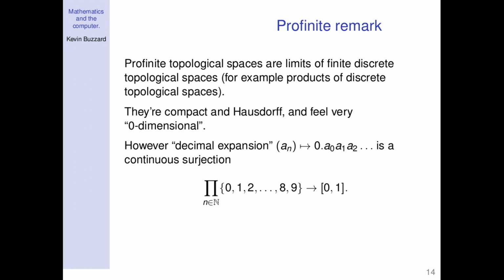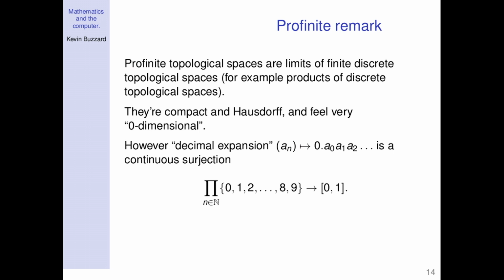So what do we start with? On the left-hand side here, we have a profinite set. It's just a countably infinite product of finite sets, and the finite sets are just digits, 0 up to 9. So an element of the left-hand side is an infinite string of digits, and you can put 0 point in front of it, and now you've got a decimal, now you've got a real number. A real number between 0 and 1. You've even got 1, right? You've got 0.9 recurring. And so this is a surjection from this zero-dimensional thing to this one-dimensional thing.